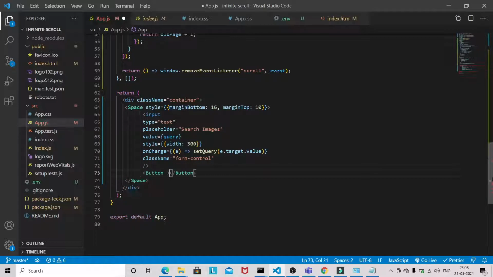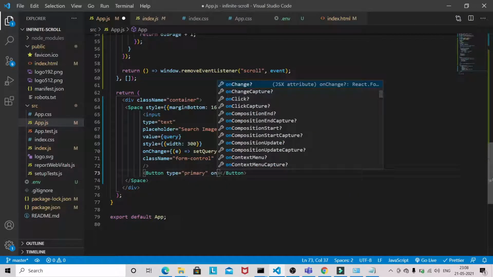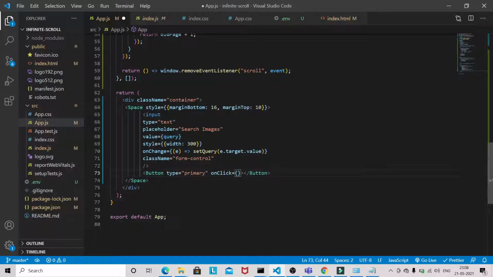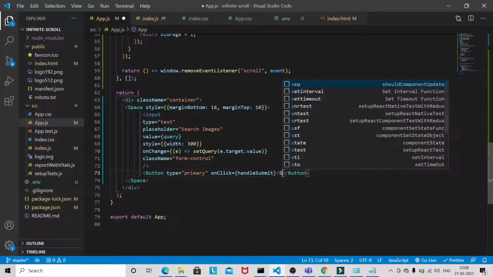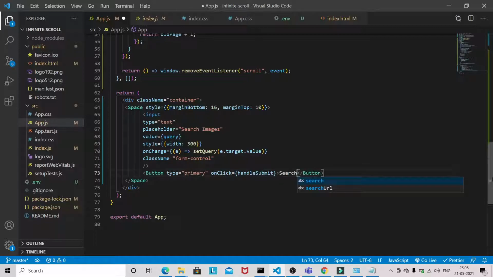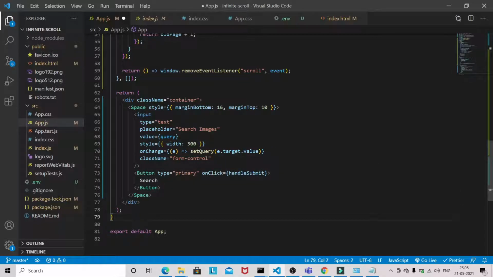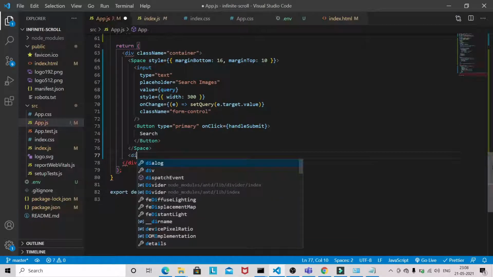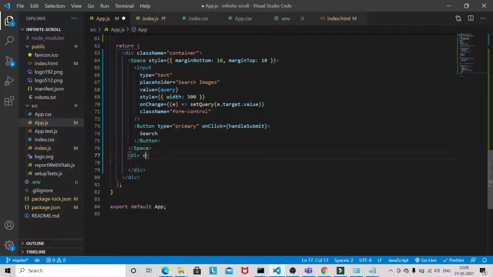So type will be primary, and onClick we will be having a handleSubmit. So this function we are going to create. Okay, so now then we have to create one more div, className row.